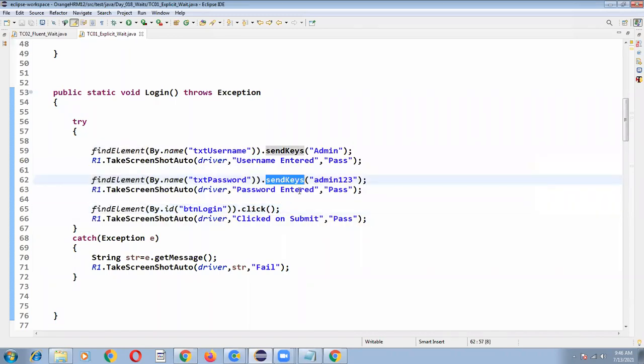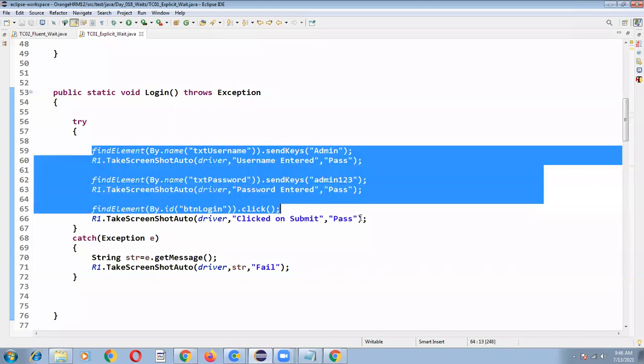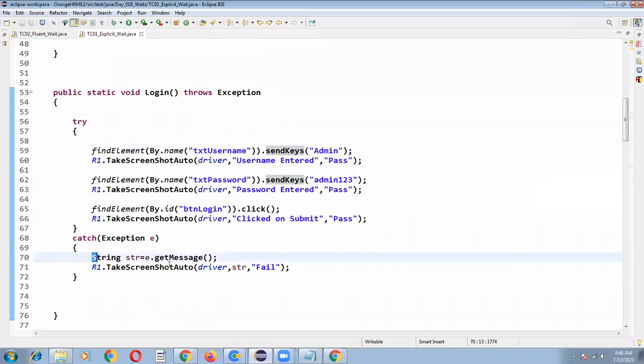Then the program terminates immediately, and the emailable report does not capture the relevant screenshot. Whenever the program fails, the control will go to the catch block and it will capture the failure screenshot. This part we will see in tomorrow's class.